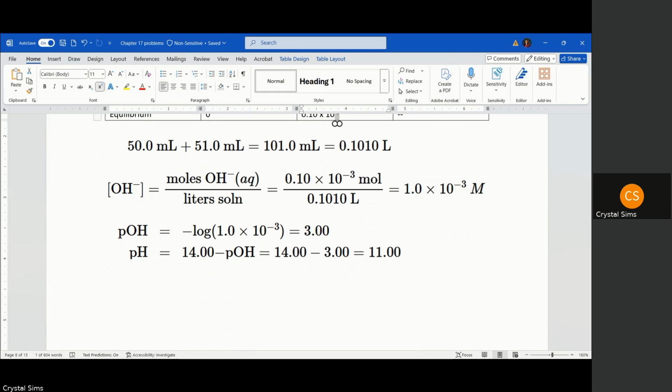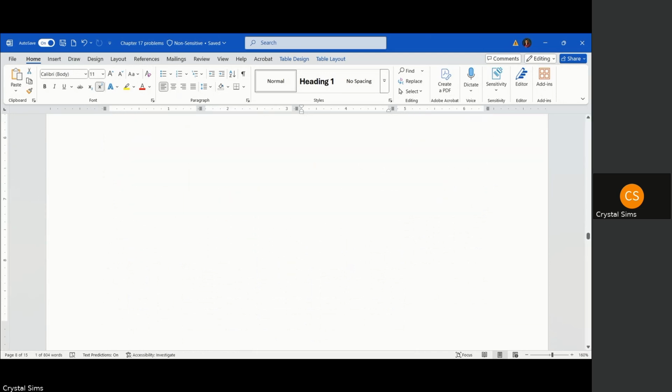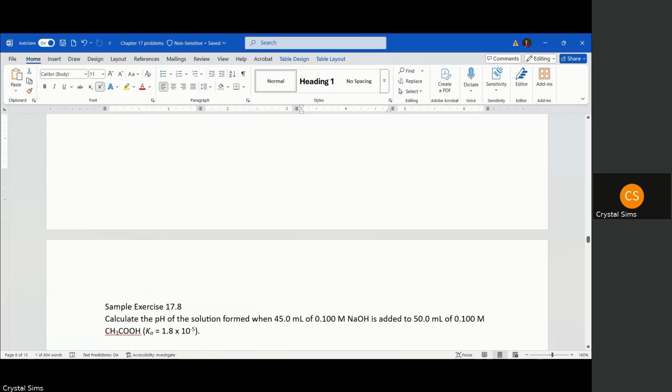So when you are looking at these types of reactions, just pay attention. Are we dealing with a strong acid, strong base? Is it a weak acid, strong base? Pay attention and make sure that you understand what your solutions are when you're doing these types of problems. So now we're going to jump to exercise 17.8, where we have 45 milliliters of a 0.100 molar sodium